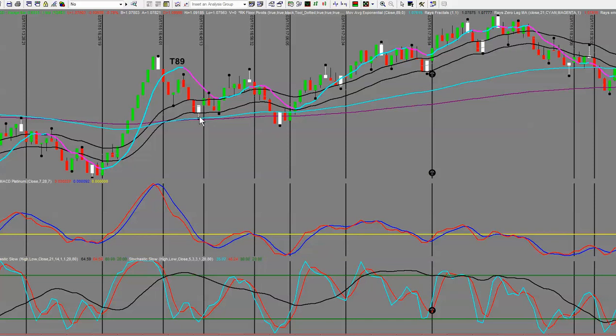This was a 289 bounce, a T10, sorry. T1, had another one here. Now, by the way, there's one you would have been stopped on. You would have had a loss on that particular one. But if you look at this over here, this T89, ignore that trade right there because that shouldn't be in that one. But if you just look at all of these with trends, and so just to recap,